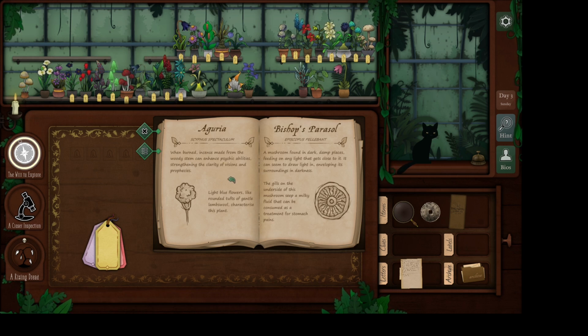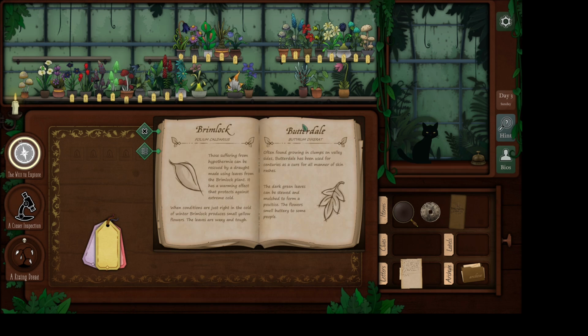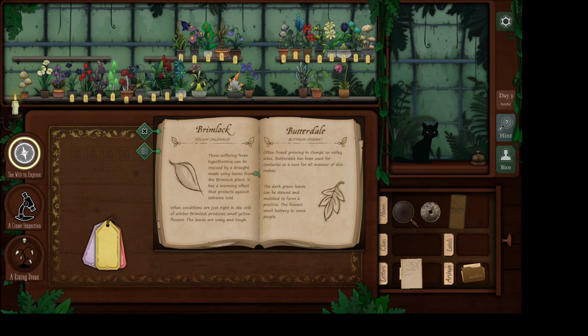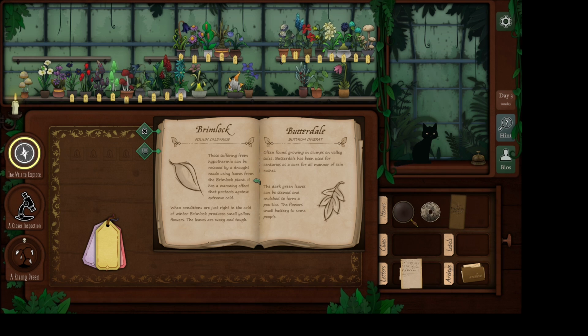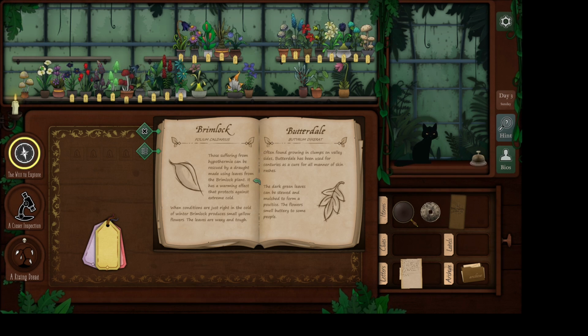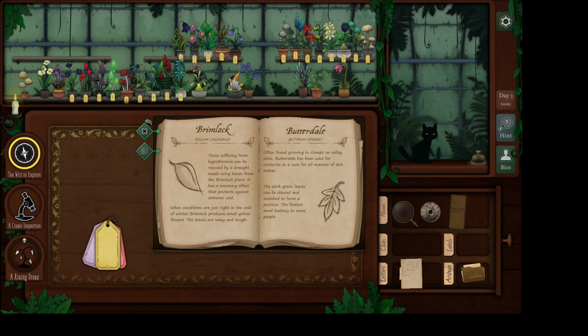Let's scan through until I find the word hypothermia. Brimlock, straight away. Those suffering from hypothermia can be rescued by a draft made using leaves from the Brimlock plant. It has a warming effect that protects against extreme cold. If conditions are just right, Brimlock produces small yellow flowers. So I'm probably looking for something that doesn't have a flower,